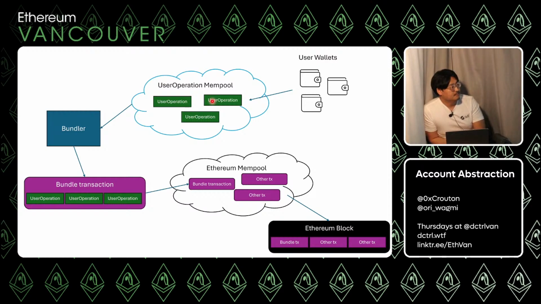And is it one user operation per transaction from the wallet or the app, or can I send multiple user ops in one transaction? How many can I get in this mempool at one time? I'm not sure specifically, because each user op contains the information of one transaction. So it has one address that it is interacting with, right? Generally I think it's one-to-one, but maybe you could do some funky batching in there. Generally, the way I think about it is the user operation represents one action, and then the bundler is responsible for putting those all together.